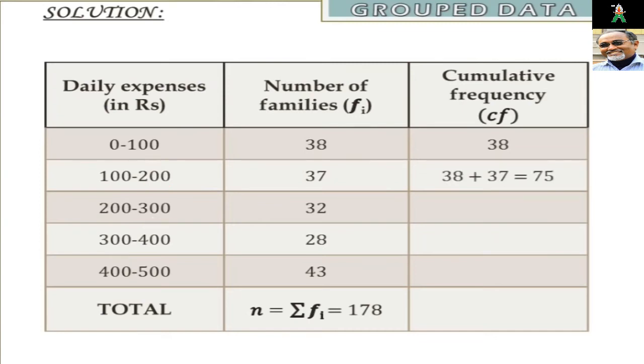Now if we need to find the frequency till 300, then we will take everything that is below 300, which means the frequency of 0 to 100, the frequency of 100 to 200, and the frequency of 200 to 300, and we will total it up and we will get 107. So it is nothing but the running frequency at every stage. We are calculating the frequency at every stage. If we go this way, then the last cumulative frequency that we get should be equal to the total frequency.